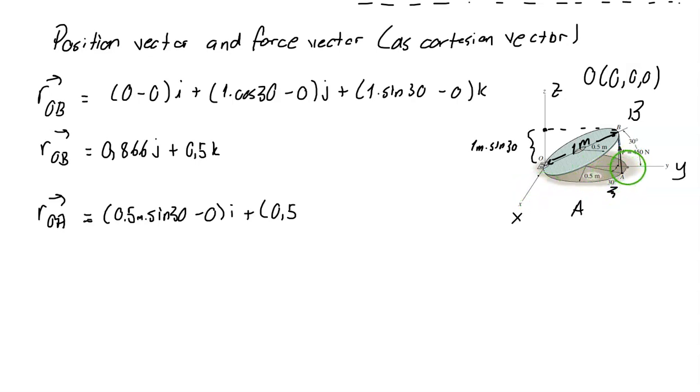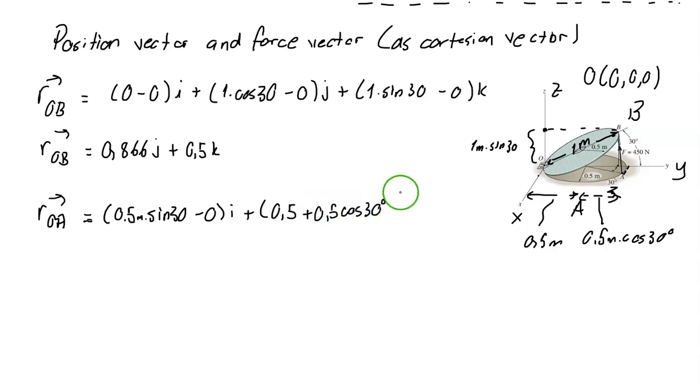So I'm talking about this coordinate here, where the y-axis is sitting. So that's 0.5 plus 0.5 meters times cosine 30 degree, and minus 0 J plus,